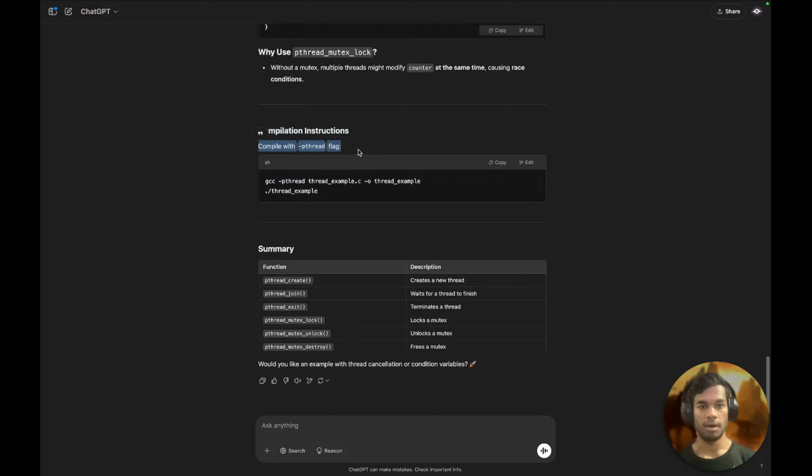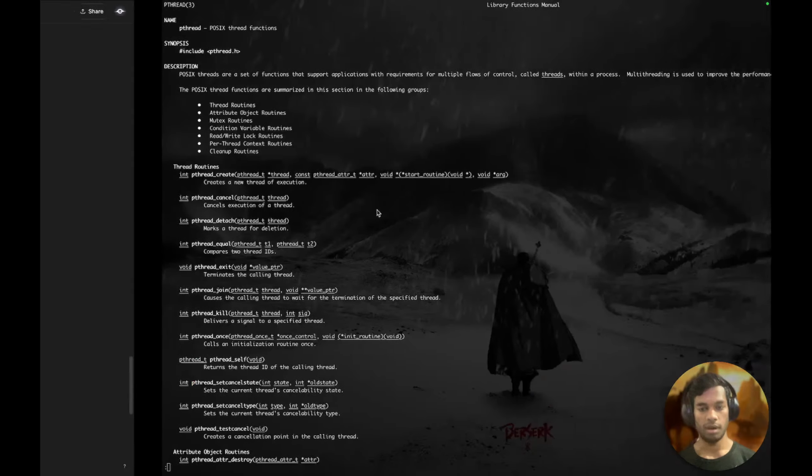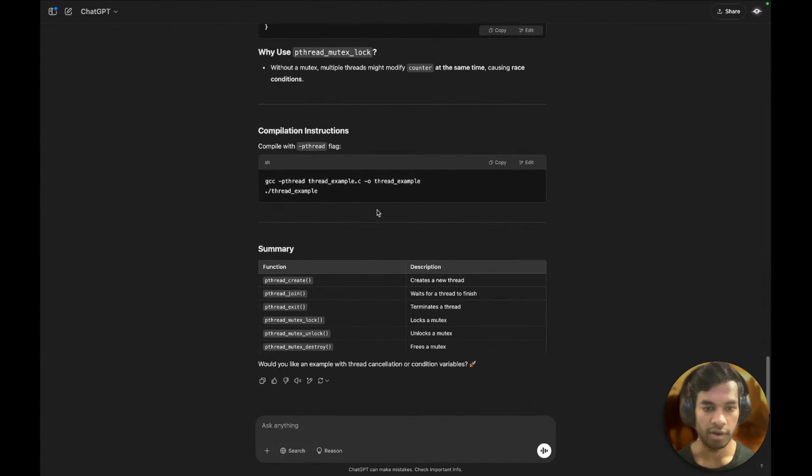Compilation is instruct compile with pthread flag. Nope, that wasn't required when I did my compilation. Creates new thread, pthread joins, pthread exit terminates a thread. That is not how I did. Okay, maybe this is how to exit a thread from inside the thread. Mutex lock, unlock, mutex destroy. Okay, now what is